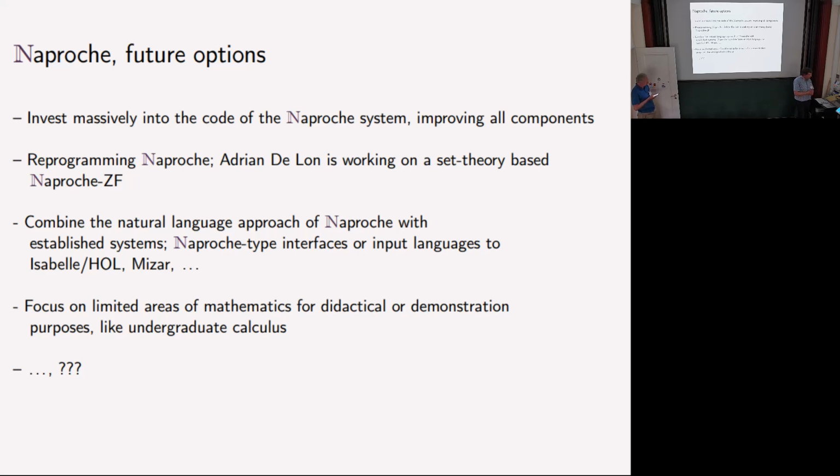Probably more promising is to combine generally the natural language approach with other systems, because of course we go to an intermediate format, in this case first order logic, but we also had translations into other logics, or we try to go towards the Lean system, so this should all be considered. Or one could say, well, all good and fine, why don't we go to some limited area like teaching proving for undergraduate students? That could be a nice application.